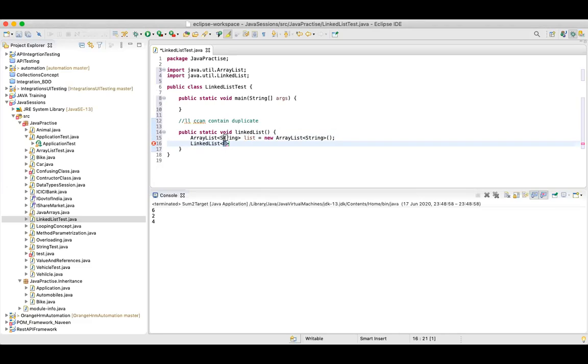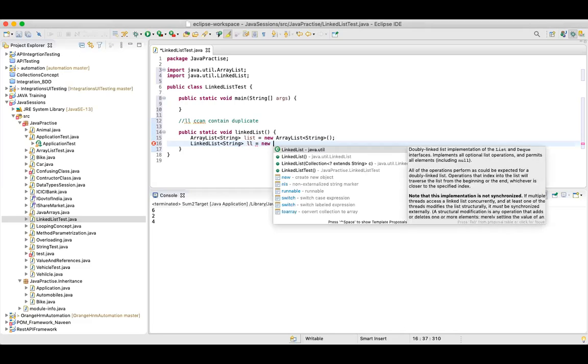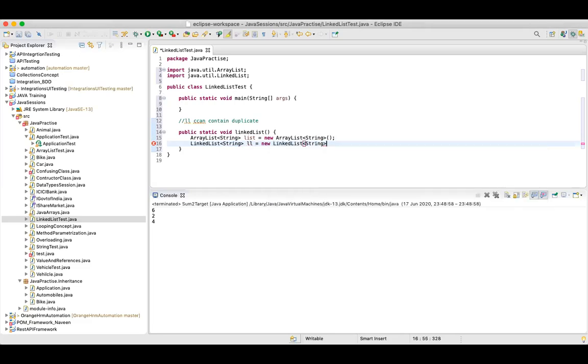You are creating a list to store elements, but you have to specify to Java which type of data you want to store in your list. Let me say LinkedList. This is just a reference.